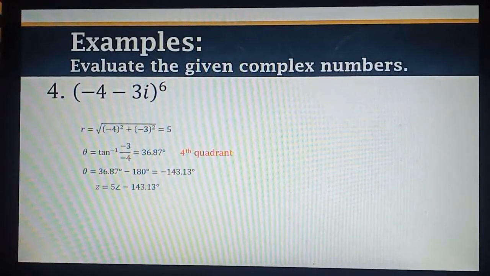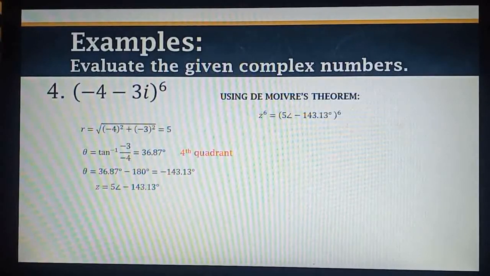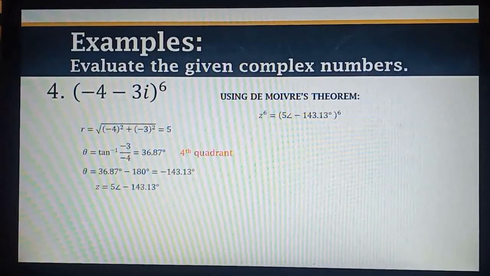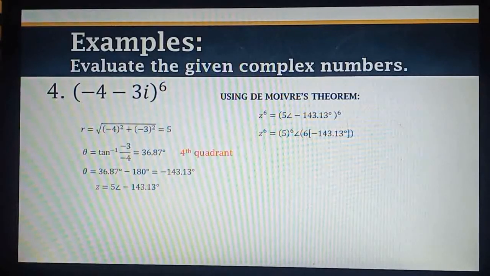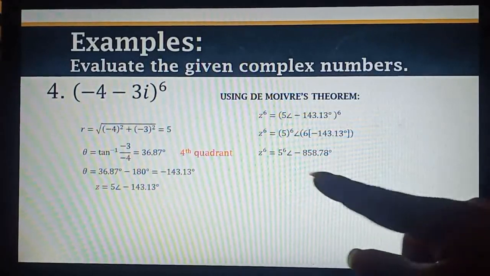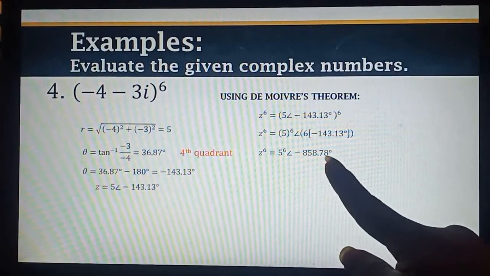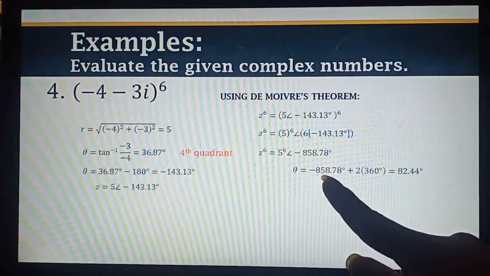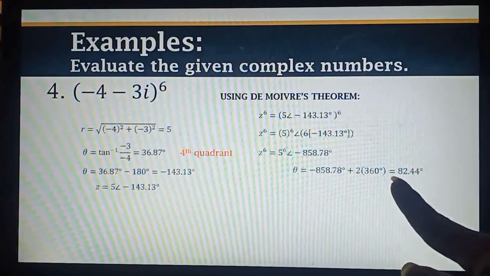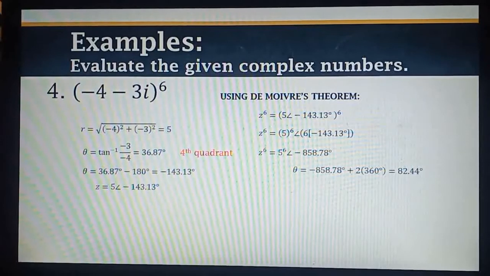So gagamitin natin yung De Moivre's theorem, which is z raised to 6 equals the quantity of 5 angle negative 143.13 raised to 6. So this can be 5 raised to 6 at angle 6 multiplied to negative 143.13. So that will be 5 raised to 6 at angle negative 858.78. So the angle will be simplified. So negative 858.78 plus twice ni 360, that is 82.44. So si r, which is 5 raised to 6, that is